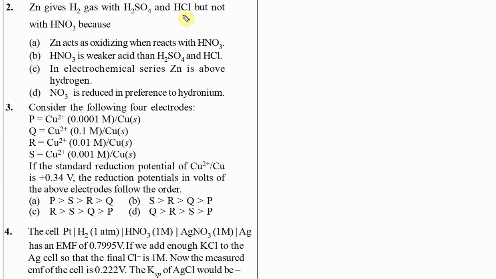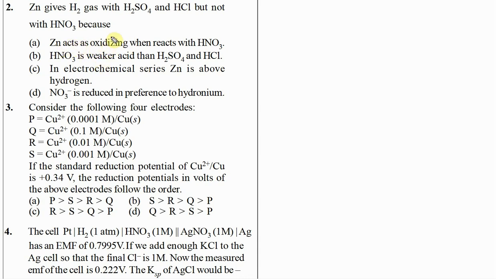Zinc gives H2 gas with H2SO4 and HCl, but not with HNO3. Now, we saw a different pattern when we were using KMnO4. We cannot use HCl, but we can use H2SO4 and HNO3 because these are already in oxidized form. We cannot use the same logic here because a different set is given. So it must be some other reason. Here we will see this not as E-chem but as a direct reaction in our P block later, where zinc reacts with concentrated HNO3 and dilute HNO3. But at this point, we should know the other